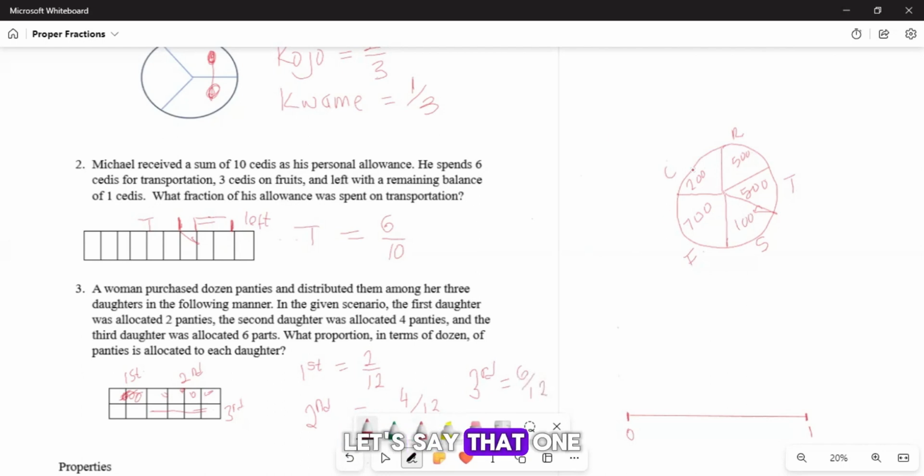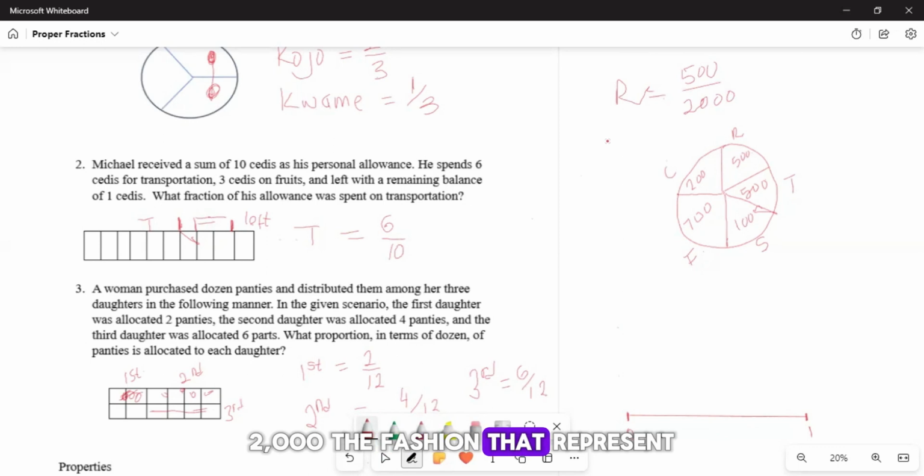Let's say that one received 2,000 Ghana cedis as his salary. And this is how he spent the salary within the month. So he used 500 cedis for his rent. So the fraction that represents the rent will be 500 divided by